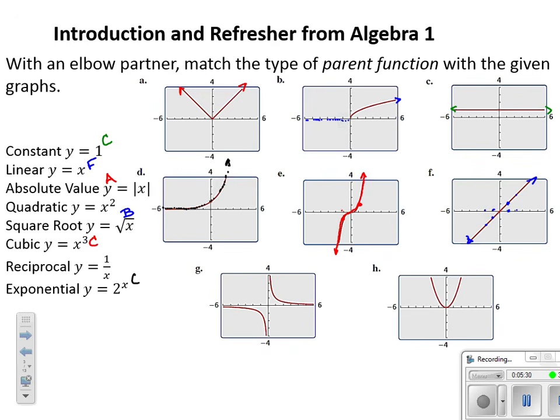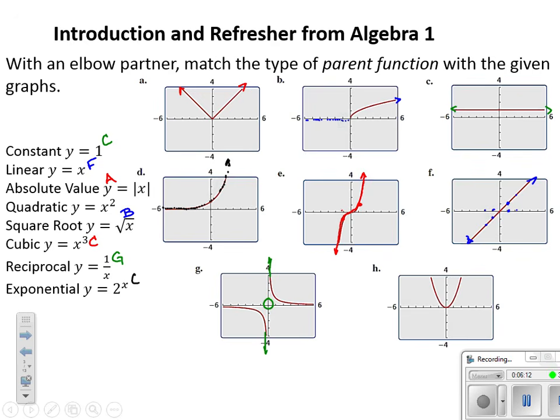All right, letter G. Here we've got an interesting little graph. It's kind of pointy, but there seems to be a problem around 0. So you'll notice that I don't see the graph. It's kind of racing off vertically when I get really close to that 0 value. So which one of these functions that's left off on the left-hand side is indicating something that breaks when x is 0? Well, the reciprocal function. We cannot divide by 0 in mathematics. So that graph shows what happens when we try to divide by 0. We get something that's incalculable.